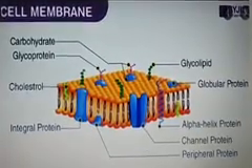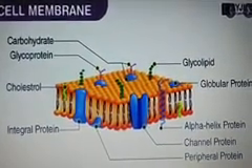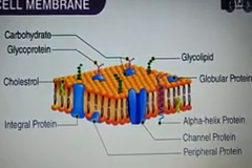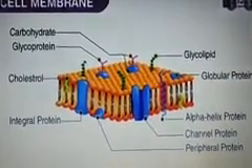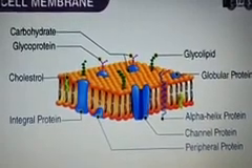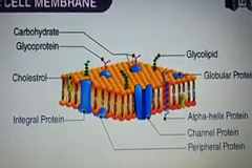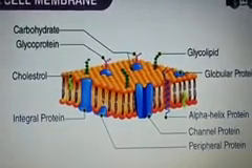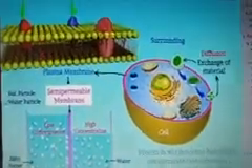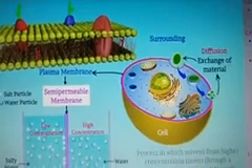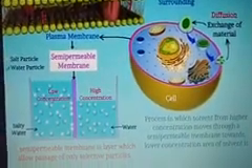Children, here you can see the structure of the cell membrane or plasma membrane, how it looks like. It's bilayered and it is mainly made up of proteins and lipids. This is in much detail, but you can understand that it has a bilayer structure, means two layered, and it is made up of lipids and phosphate molecules. Here you can see this is the plasma membrane layer. Now here a cell is there. The pink color ring-like structure is the plasma membrane.